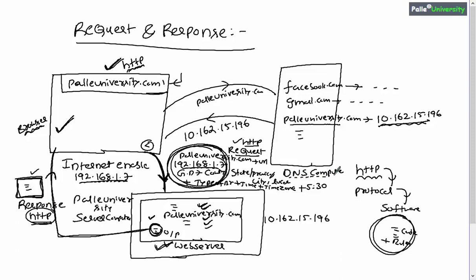So as of now, I said when you type a domain name or website name in your computer browser and click on enter, first some data will be sent from your browser computer to DNS computer, and the DNS computer will identify the IP address of the corresponding website computer, and that IP address will be automatically sent to your browser computer, and later your browser computer will be communicating with the corresponding web server. But anyhow, from now onwards I cannot show this DNS server every time.